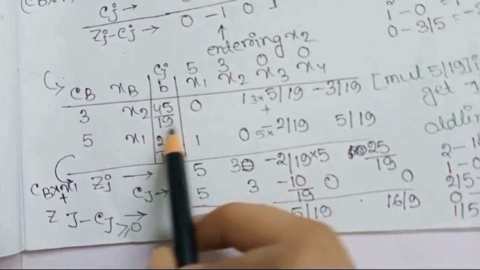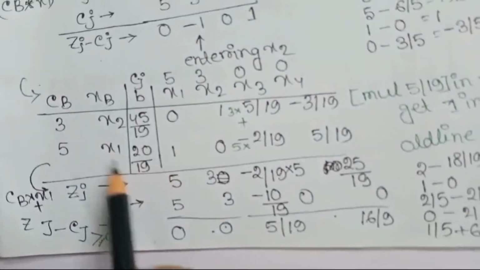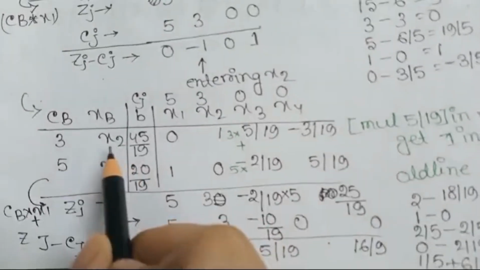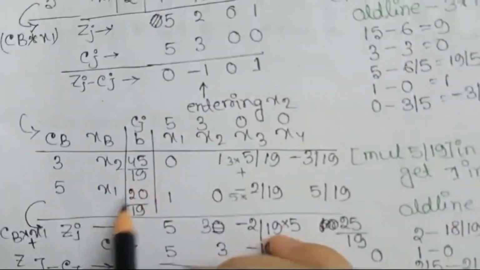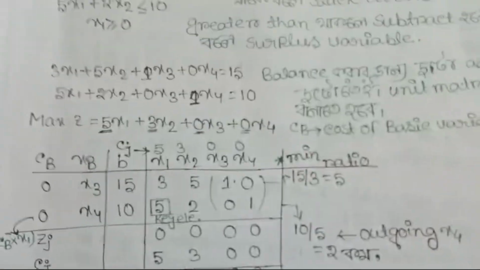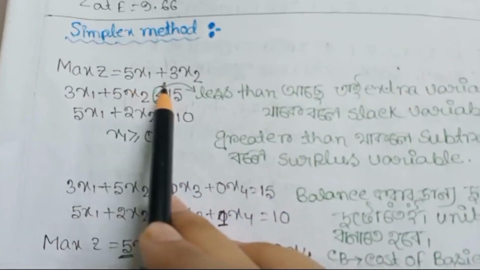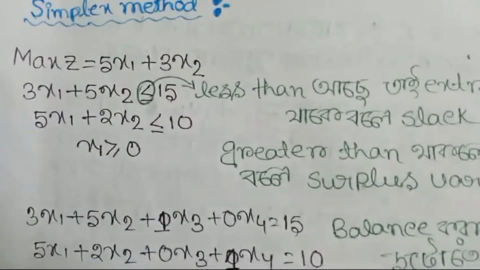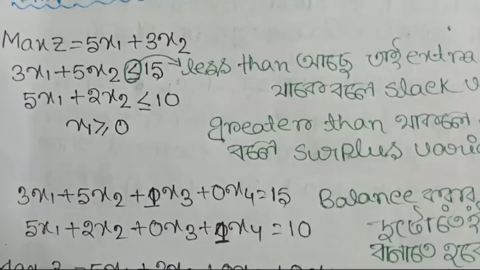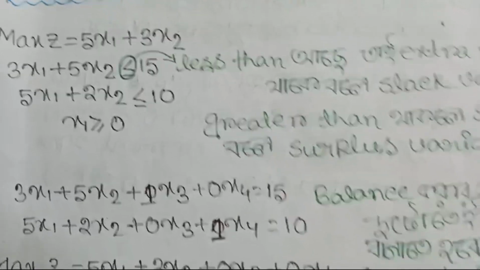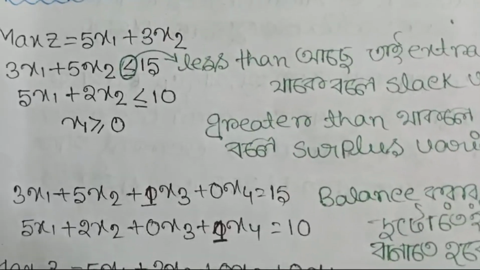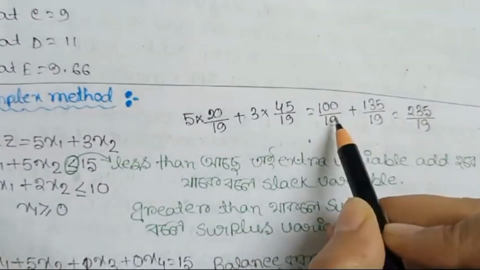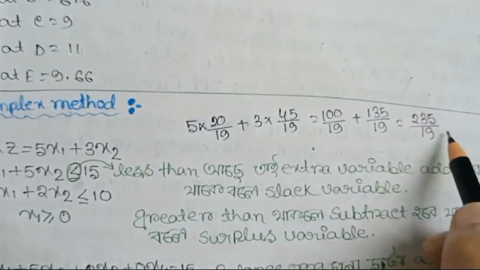So from the last table we are getting the values of x1 and x2. That is, the value of x1 is 20 by 19 and the value of x2 is 45 by 19. We are putting these two values in the main objective function, that is 5x1 plus 3x2. And if we put the value of x1 as 20 by 19 and x2 as 45 by 19, you can see here I have done this. So our ultimate result will be